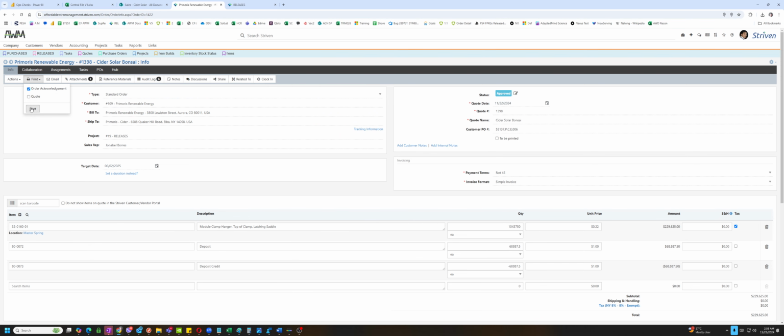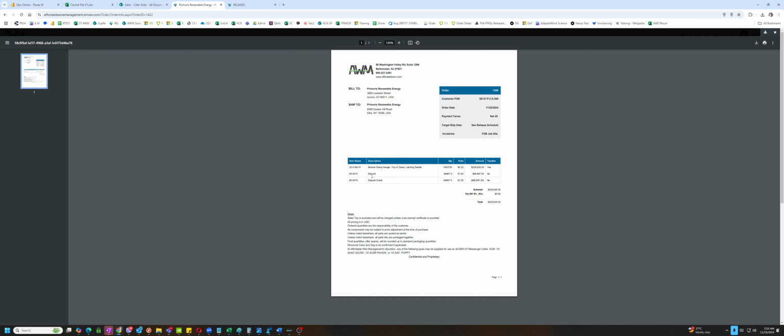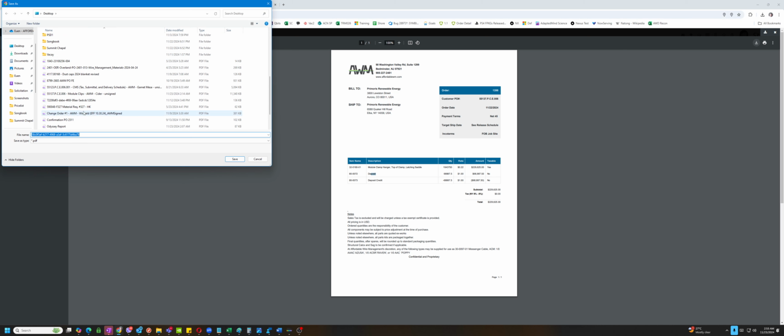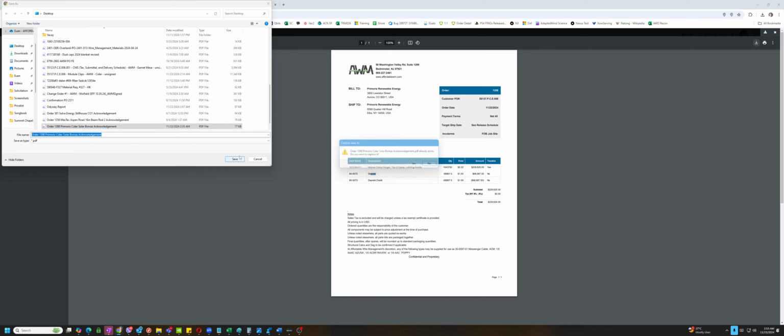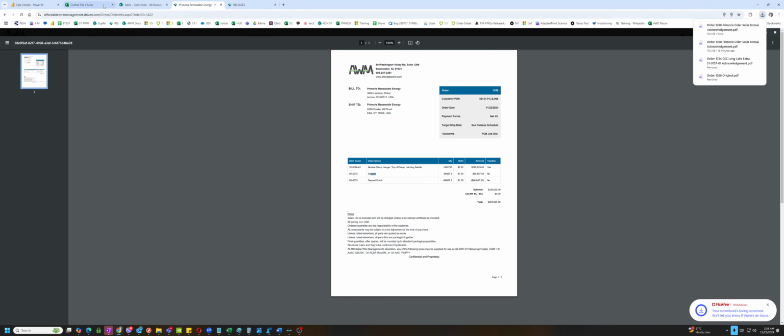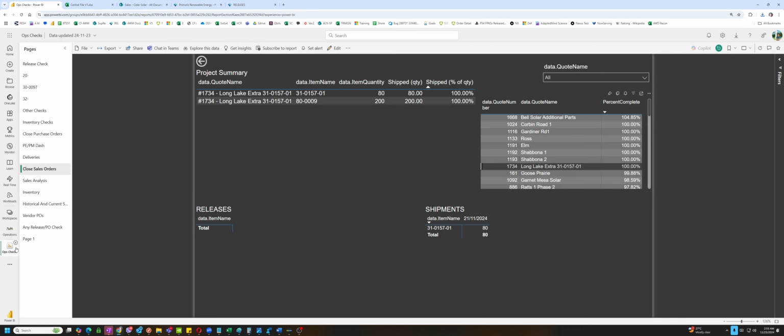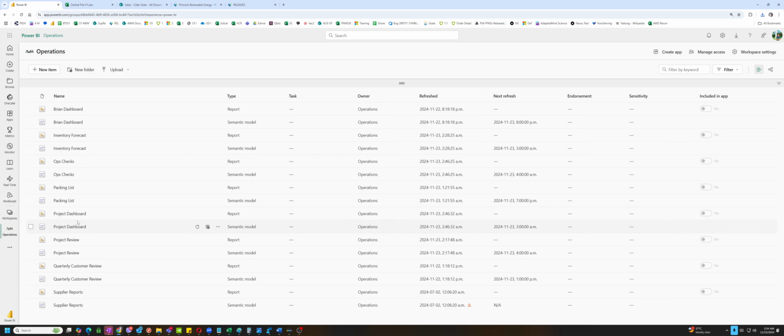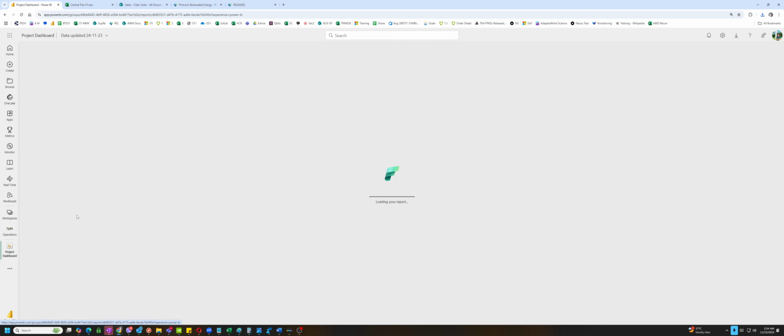I'm going to overwrite the acknowledgement document because the first one doesn't have any line item for the deposit. Right now we have a deposit. Download. I'm going to overwrite this one, cider 1398, yep. And now we make the email, project dashboard, going here.